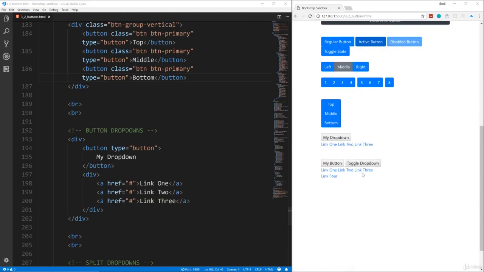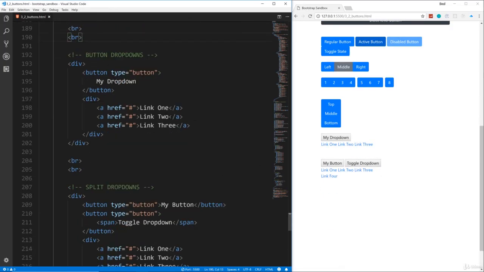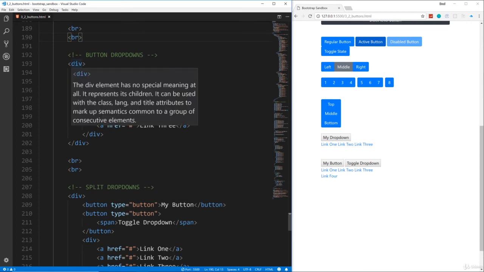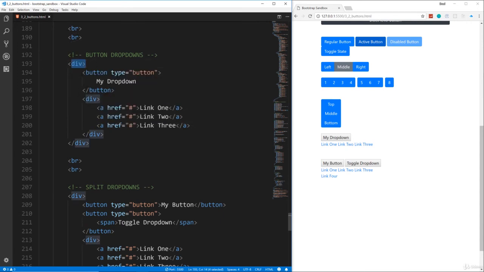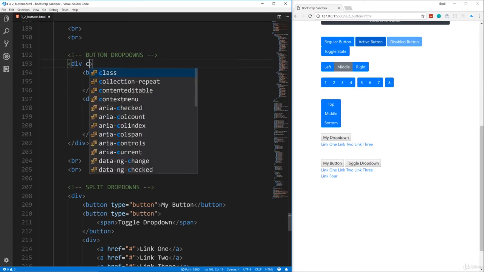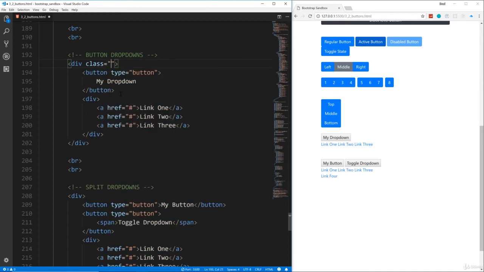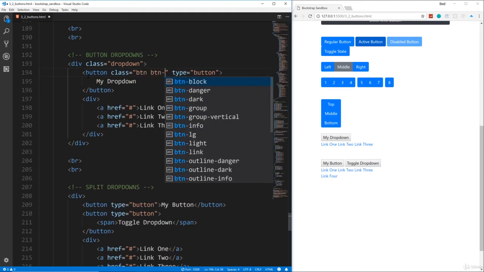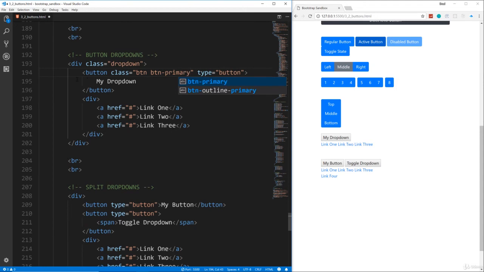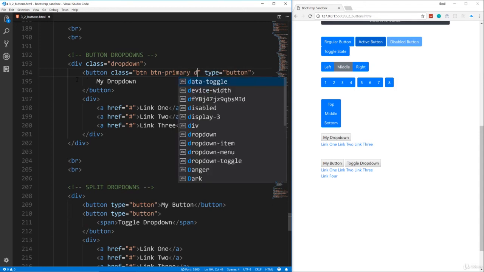All right, so now let's look at drop downs. We can actually just have single buttons with drop downs. So notice I have a div wrapped, and then I have a button, and then I have another div with some links, okay, which will be the actual drop down links. So we want to give this div a class of dropdown. And then our button, obviously we just want to give our regular classes, so btn btn-primary. But we also want to give it a class of